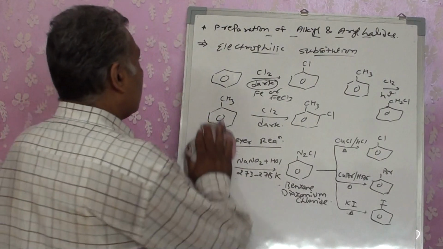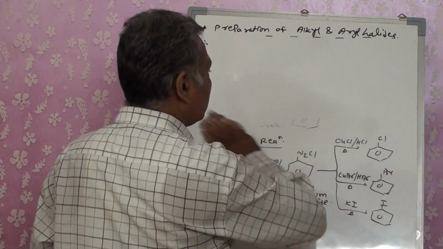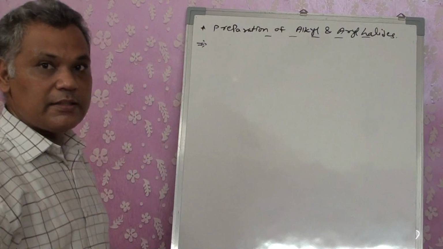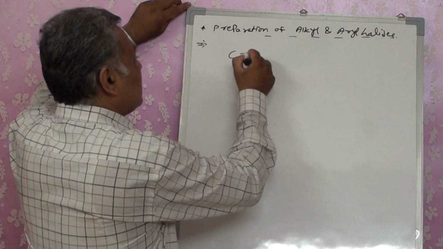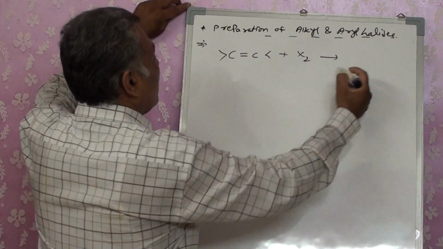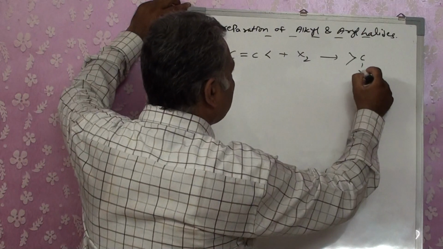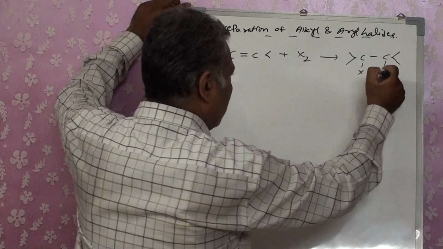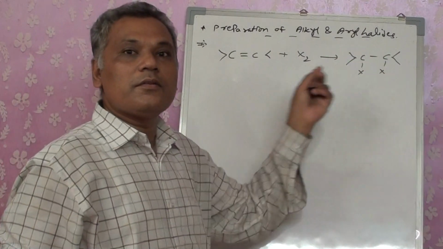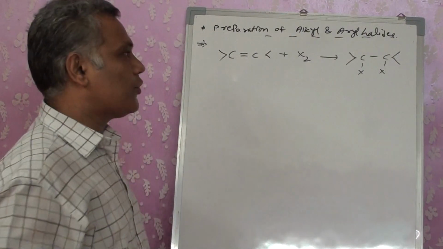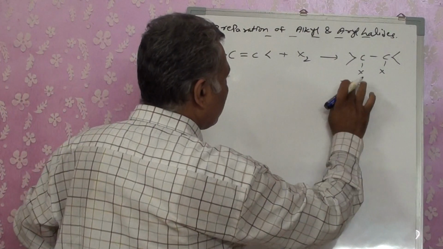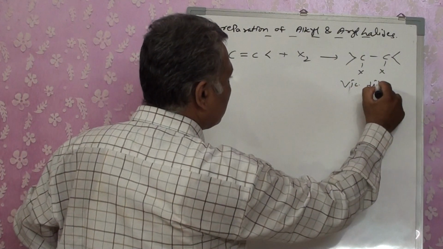The next reaction that we did in 11th standard, but it was done as a chemical reaction of alkenes, right? We did C double bond C compounds, and if I react with X2, the addition reaction takes place. Now this is an addition reaction of alkenes. Now the same reaction I have converted into a preparation of dihalide compounds. These are known as vicinal dihalides,